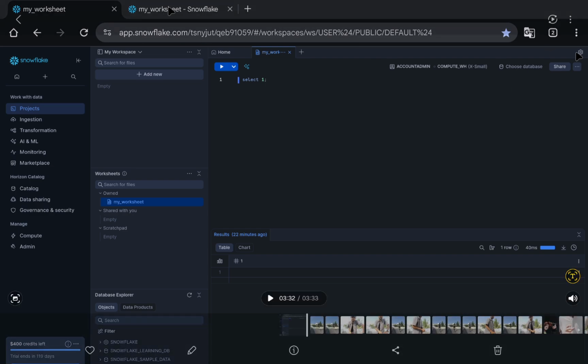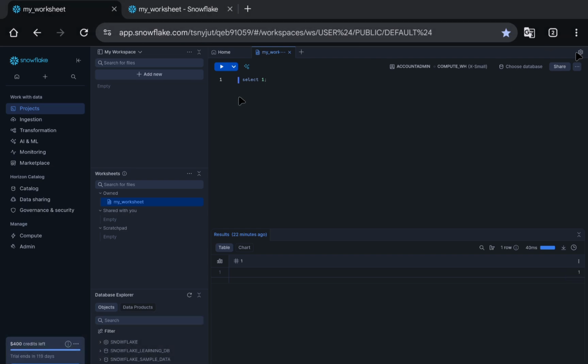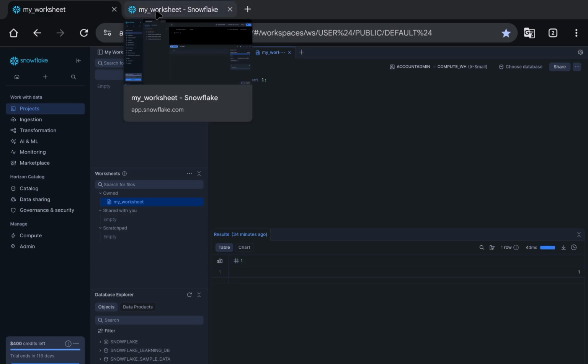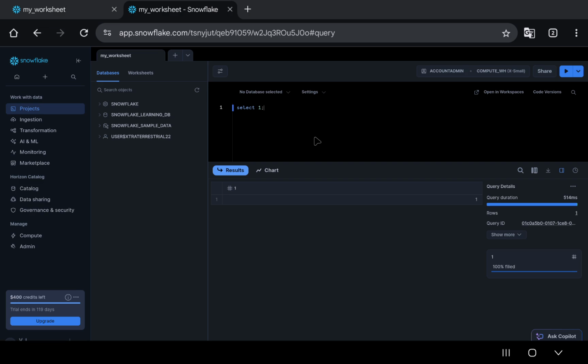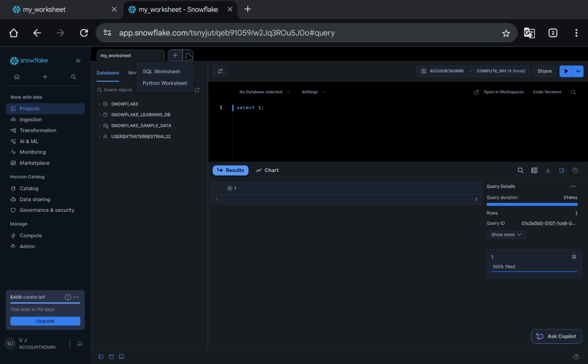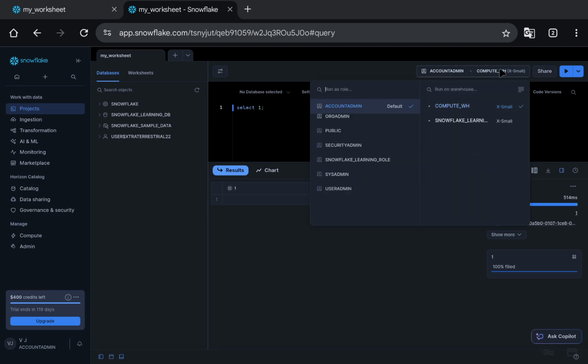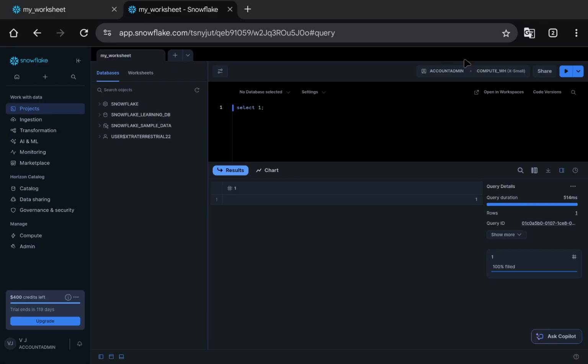Let's go back to the worksheet, to one of the tabs where the worksheet is open in worksheets. So this is how a worksheet looks. You can add a new worksheet, SQL or Python, from this drop down. Also, you can select the role and the warehouse that you want to use, and this option is for